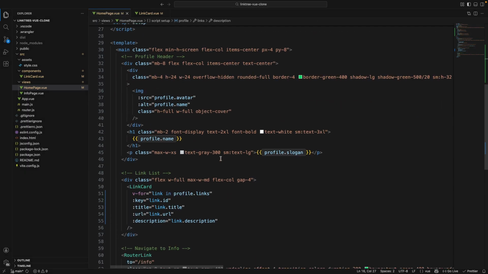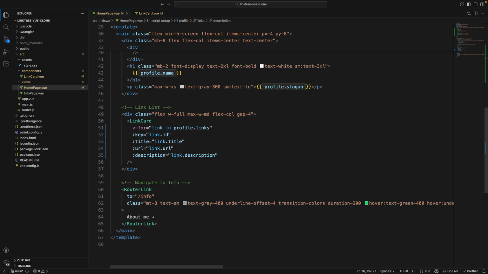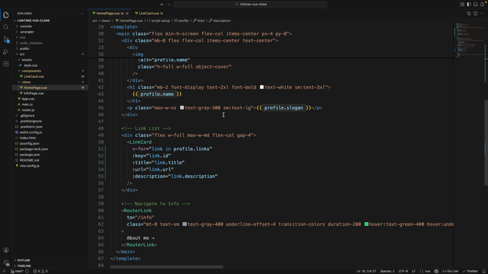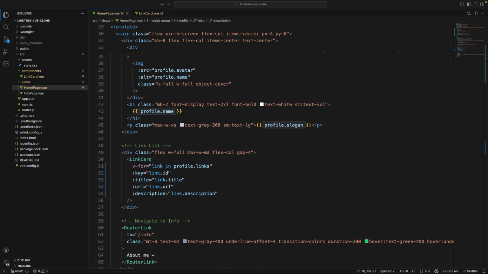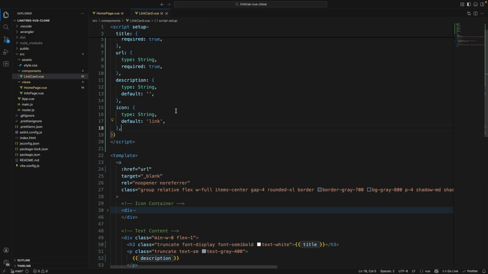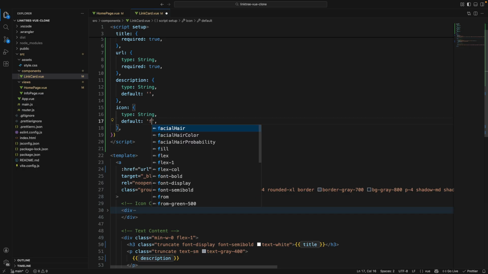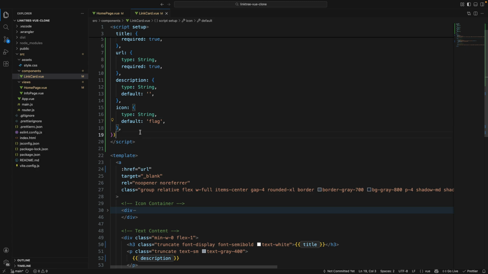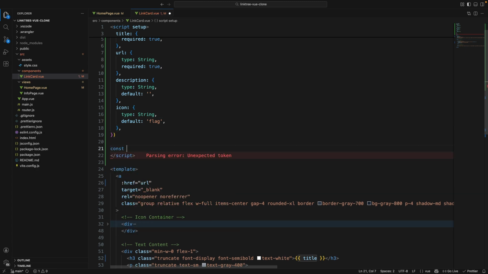What else we can do there now is the icon. And I want to play around with the icon just a little bit to make it funny somehow. Well, funny for me. I don't know how you guys see it. I hope that you see it there too. So let's do this one. Let's make the default be flag. And we need to send the icon. For that, I will create const icons